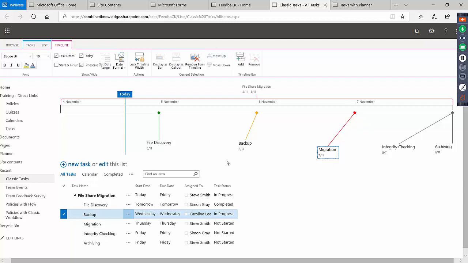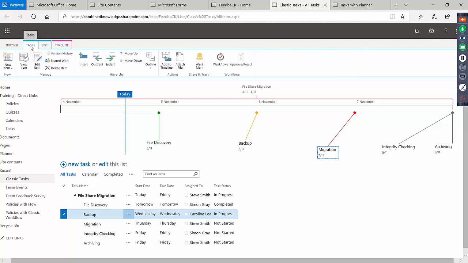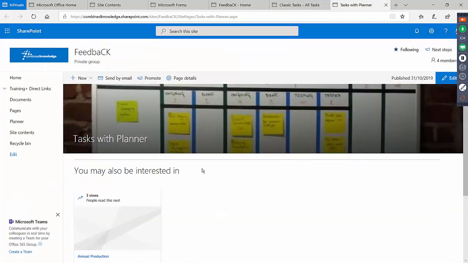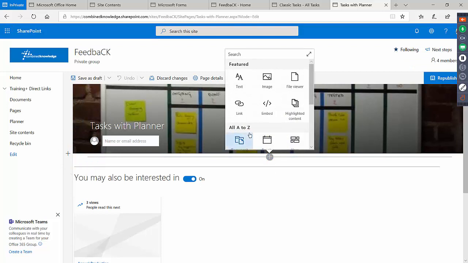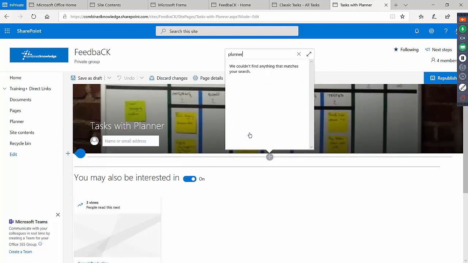So it's quite pretty. But again, it's classic, so there's a lot of buttons to contend with, and it's still quite functional, but it doesn't send notifications or keep people informed or give people access to these tasks to complete. It's all still very much a table in the background. Whereas if we wanted to really evolve and use modern functionality with our SharePoint lists and SharePoint sites, we could potentially replace it with a web part that links to Planner. So Planner is a task management system. It gives us the opportunity